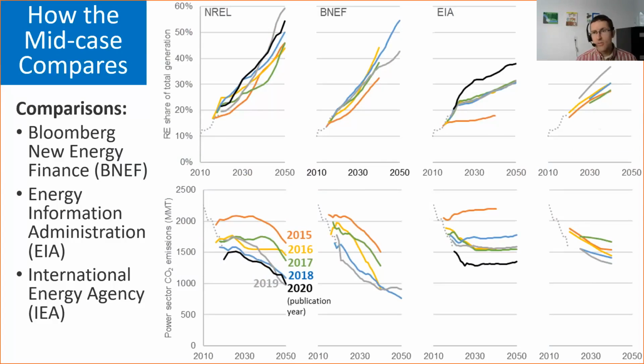So how does our work compare to others? That's shown here. The top row shows the renewable energy share of total generation relative to BNEF, EIA, and IEA, and their annual projections. Not all the 2020 projections were out when we were doing this. They've since come out, but they were a little bit later in the year, so we weren't able to roll them in. But you can see how our renewable energy share compares to other projections, as well as how our power sector emissions compare to other folks in terms of how we see the future evolve relative to others. This is included in the report just to give you a sense of what our work looks like relative to others. And go to the next slide.